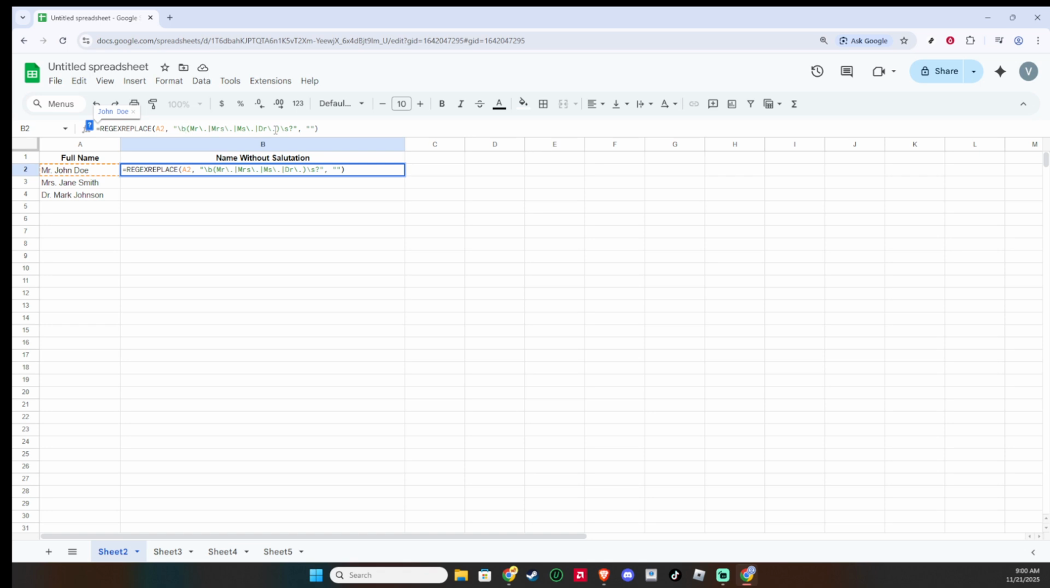Here's what that means. Backslash b is a word boundary, so the match starts at the beginning of the title. The group, Mr., Mrs., Ms., Dr., lists the exact salutations we want to remove. The backslash before the period makes sure we match a literal dot. And the backslash s star captures an optional space after the salutation, so you don't end up with an extra leading space in